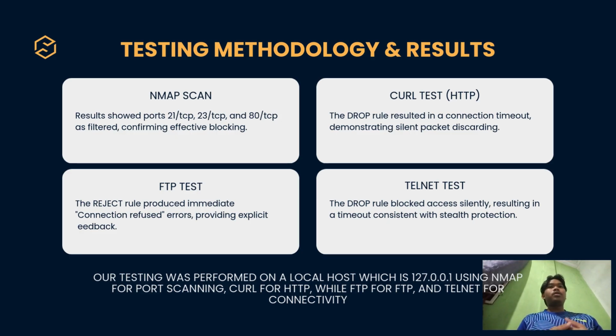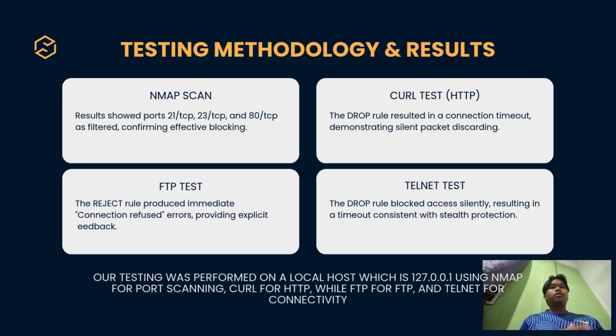So now I will explain how we validate that our iptables rules really block the target service and what the results mean. First, we perform all tests in a controlled local environment, using the loopback address as you can see, 127.0.0.1. This is important because it ensures the testing is ethical and contained to our own system. For the tools, we use Nmap for port scanning, curl to test HTTP, FTP to test FTP, and telnet to